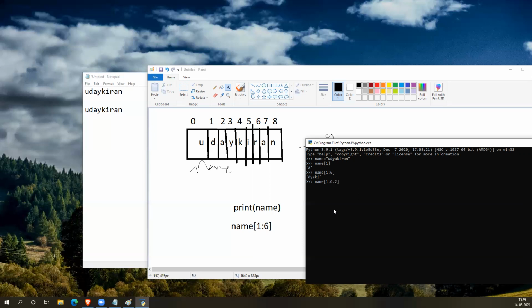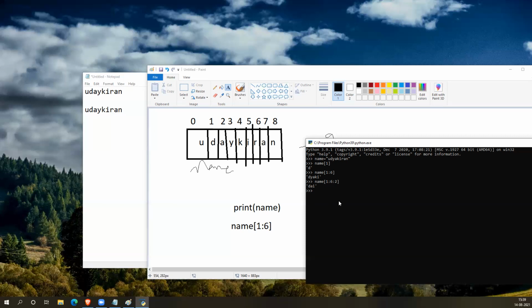Now if I change it to 2, what happens? The third argument is optional; by default it is 1, but I'm changing it to 2. So D at index 1 will be printed. Later, as the step size is 2, A will be skipped and Y will be printed. After that, I will be printed. And the next index is 7, so it won't be printed. So you see DAI.